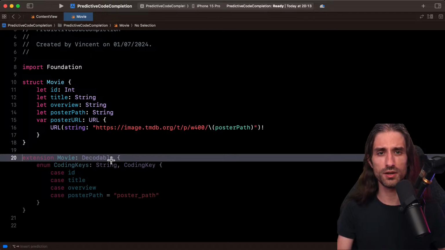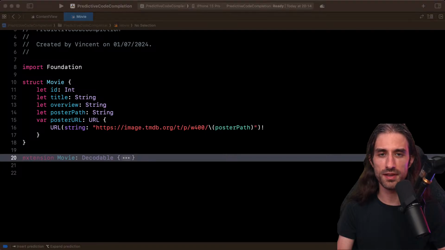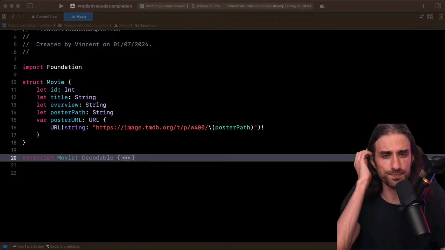I won't need to do it because I will set a decoding strategy to be snake case on the JSON decoder, but this seems to be correct. And I guess that since this is a popular API that I'm using, many code bases use it, and so the prediction model was trained on code that was implementing this very popular API.